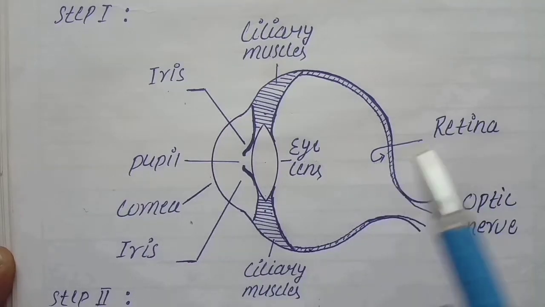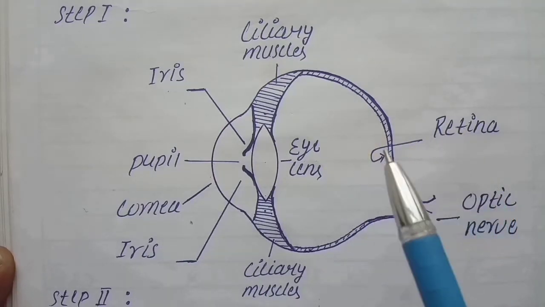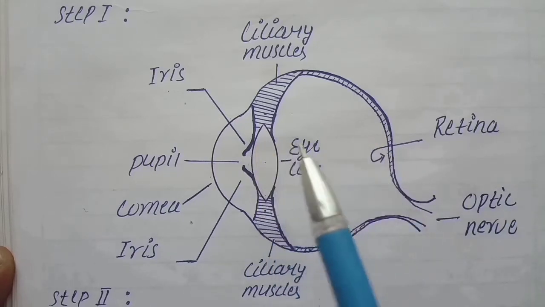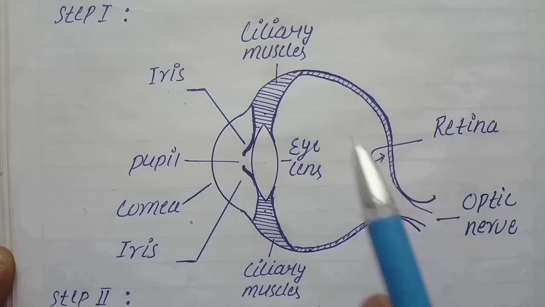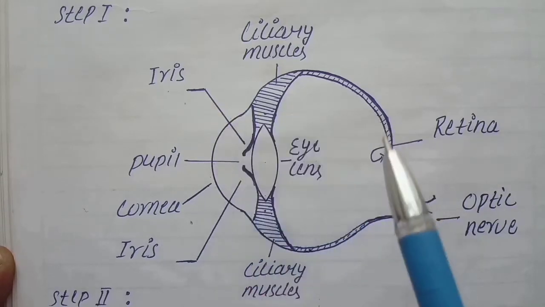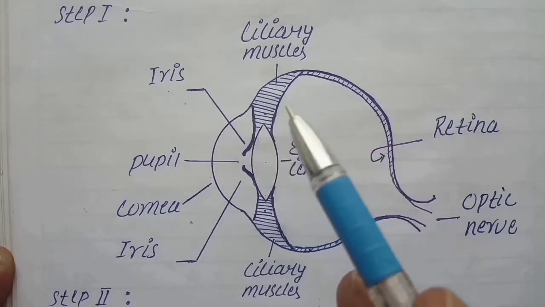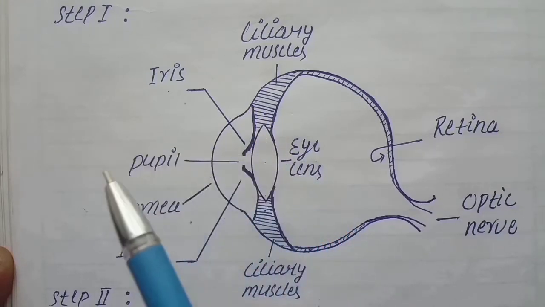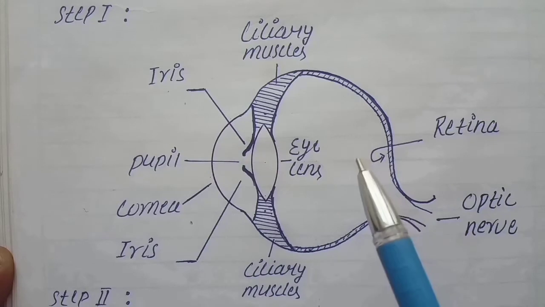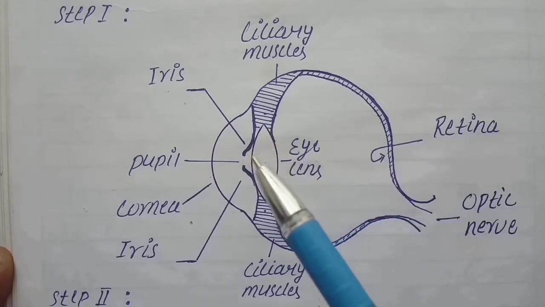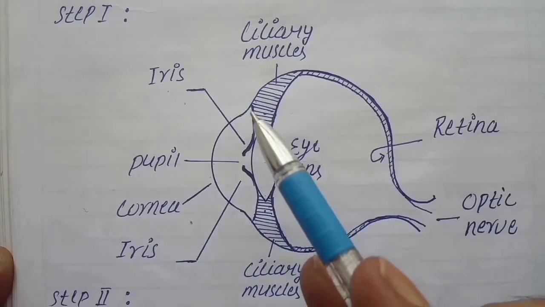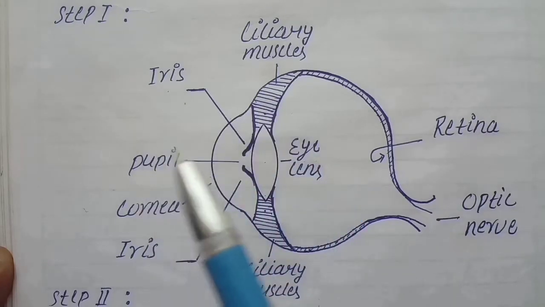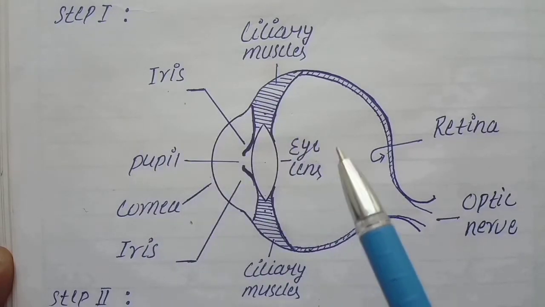We know that our retina is a very soft and delicate screen. It can be damaged if bright light is incident on it, but the iris protects the retina from bright light because in bright light the iris decreases the size of the pupil to admit less light, and in dim light the iris expands the size of the pupil to admit more light into the eye